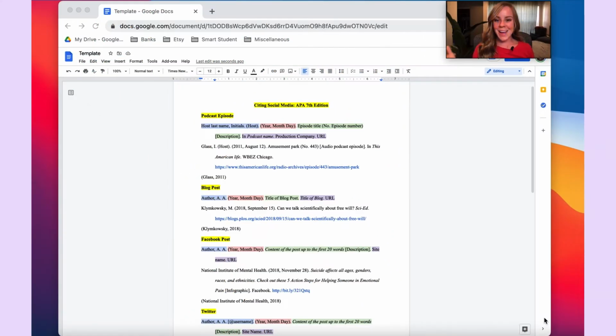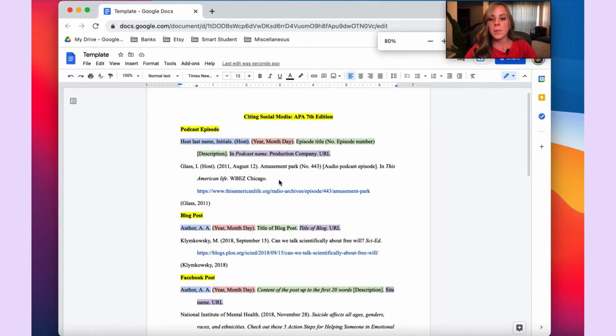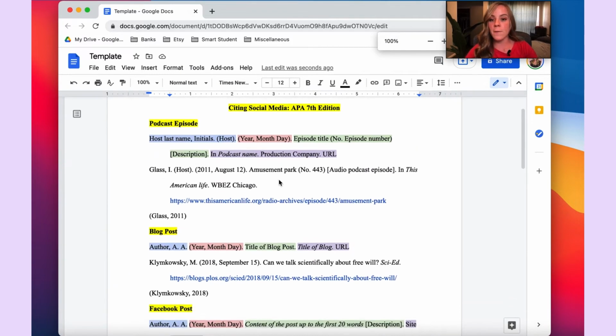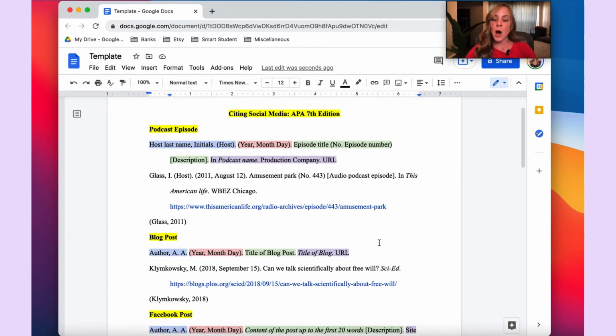So let me get into my computer and let me walk you through an example of each one of these. And here we are. All right, so the way this is going to be structured is that I've created a template for each example. Note how they're color-coded to reflect the 4 elements of the reference list entries. I then have a real example applying the template using those 4 elements, as well as what the corresponding in-text citation would look like. But let's go ahead and zoom in here on our first example, which is a podcast